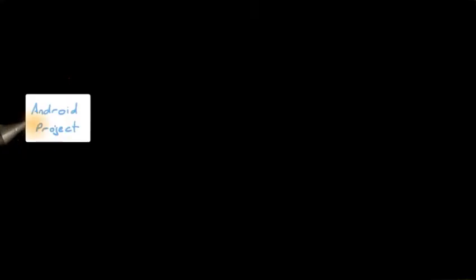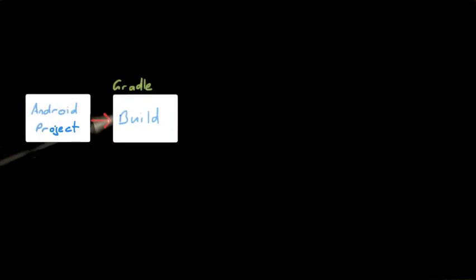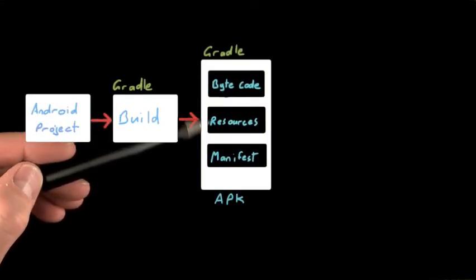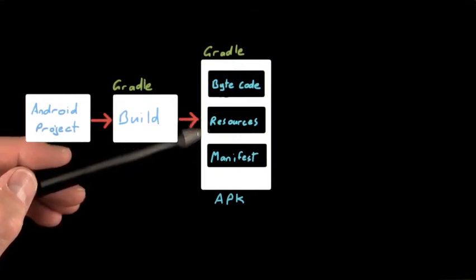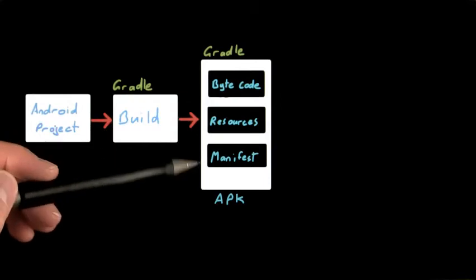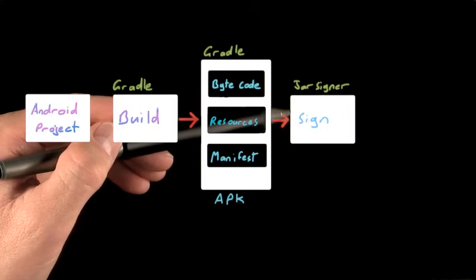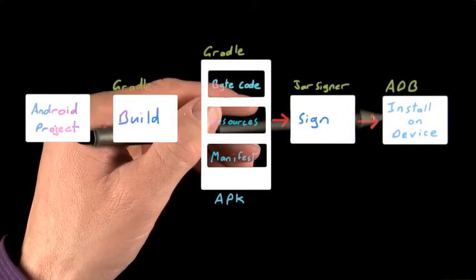For now, note that we start with a project, which Gradle then builds, and then packages the bytecode along with the external resources such as images, strings, and UI XML into an application package. This is called an APK, and it's a specially formatted zip file. Once you've got your APK ready to go, it's signed and then pushed to the device using the Android Debug